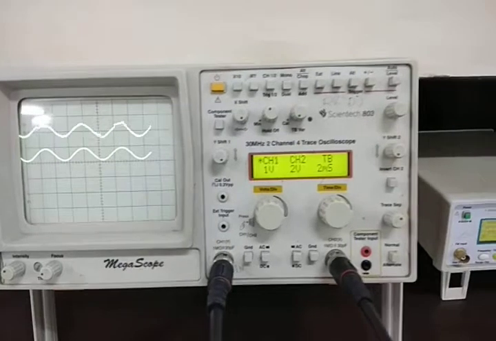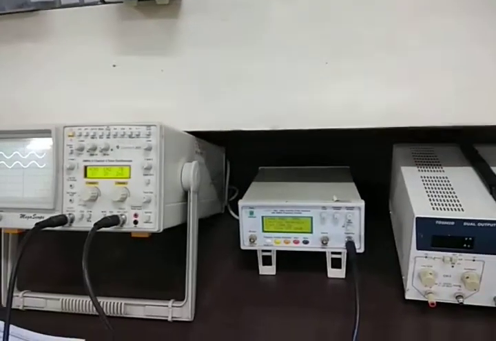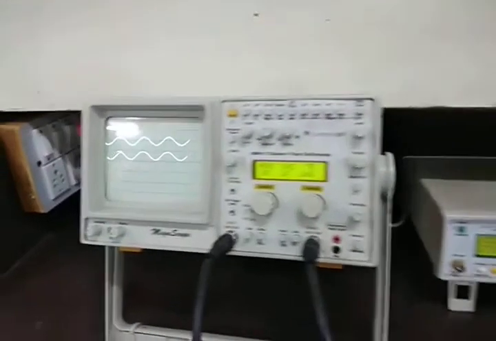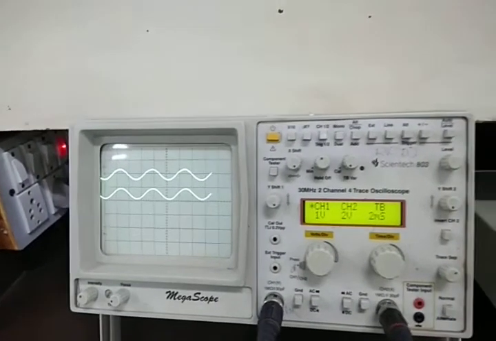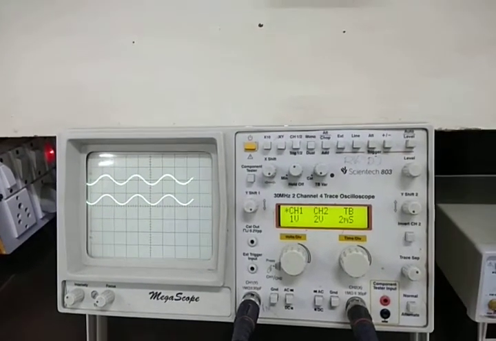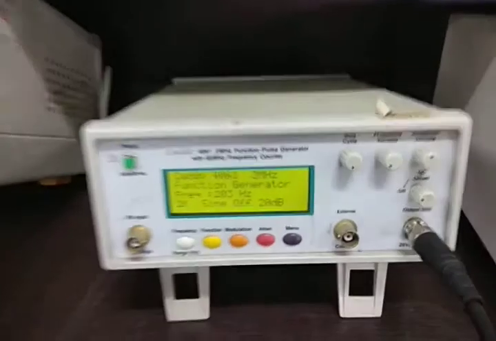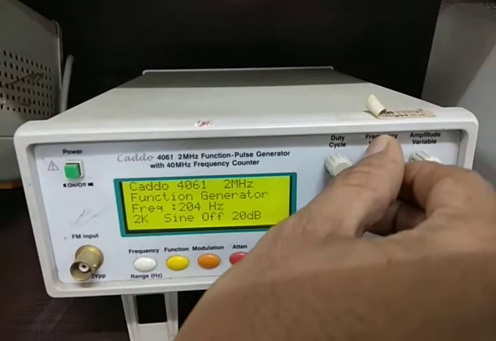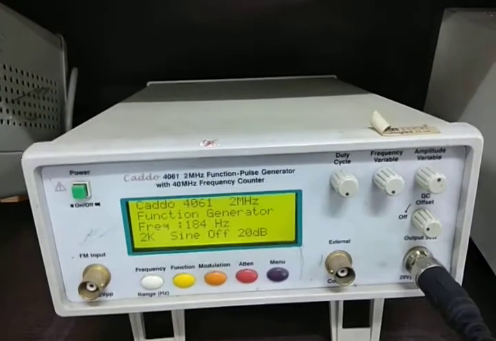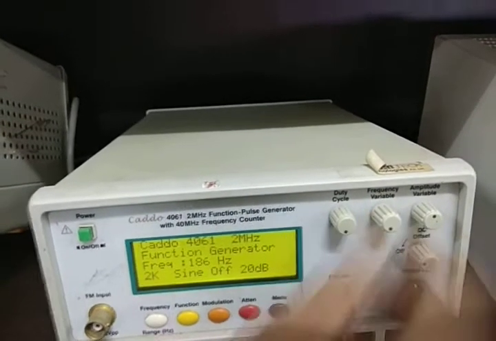Okay. So now as we are getting input and output here, we have to observe what output we are getting by varying the frequencies. For different frequencies what will be the output voltage, and based on that output voltage we have to plot the graph of voltage gain versus frequency. Right. So let us take the first frequency here.